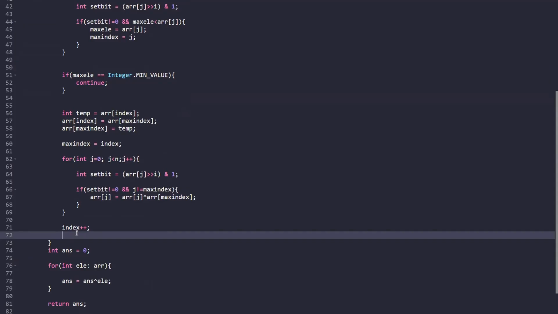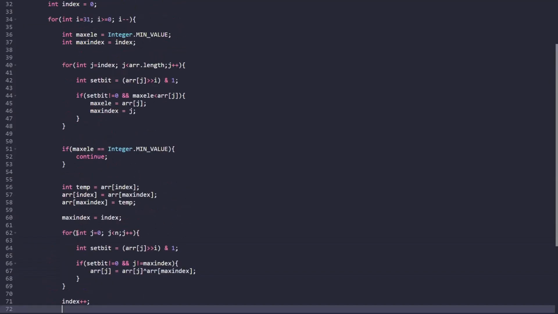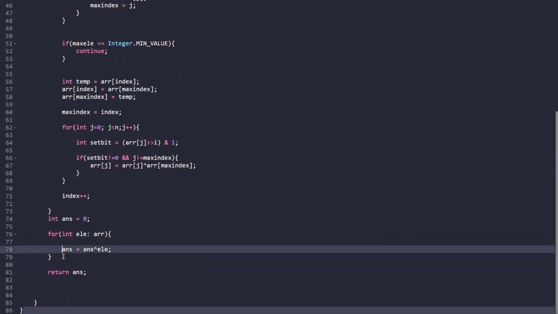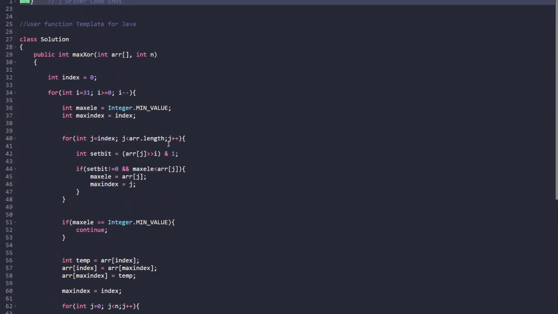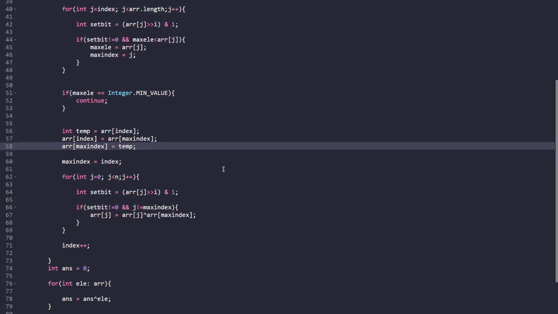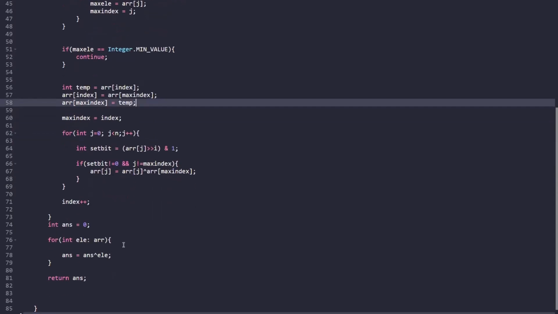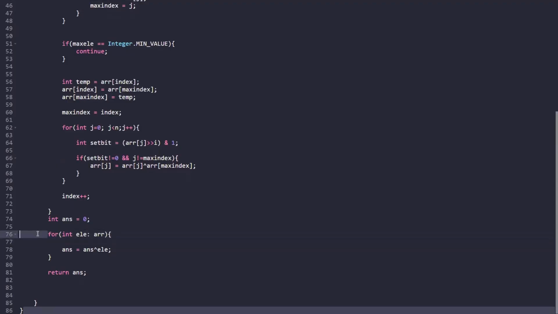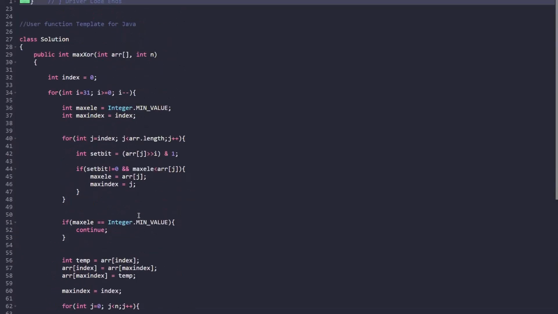I would suggest you take a case and do a dry run for the code, then probably you'll be able to understand, right? After completing all the operations that we did in case of 9, 8, 5, after proper conversion and all, we were remaining with the elements 8, 4 and 1. So at the last, this loop is simply doing the XOR operation of all the elements that we have in our array, and we are storing the XOR value in answer, and then at the last we are simply returning answer, right? So the code is provided in the description.